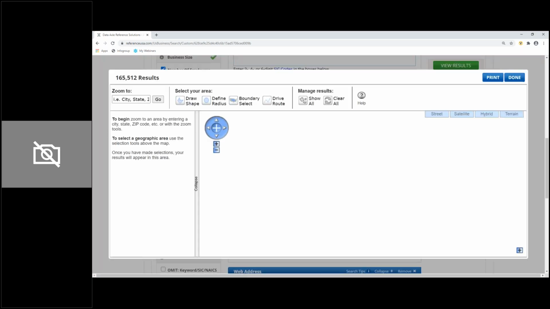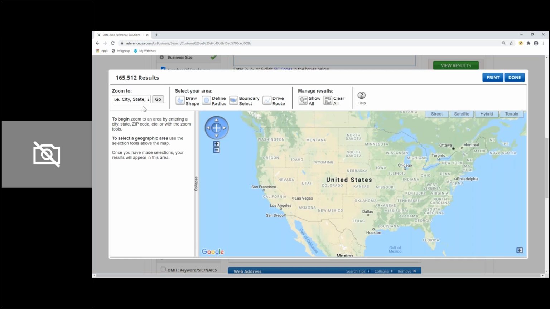At this point in time, in the upper left-hand corner, you could be putting in, for example, a physical address. If you wanted to put your business's address there and then do a radius around your address, you could do that. Or it could be a home address. It doesn't matter, as long as it's a valid address. You could put in any given city or state, even a zip code, depending on what you want to do. I'll just put in Newark, NJ, and go,